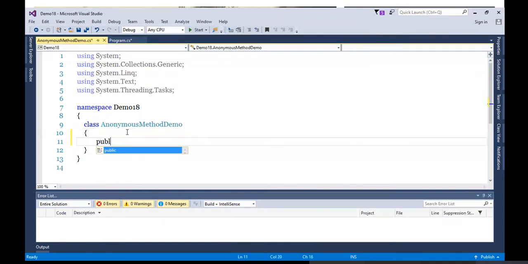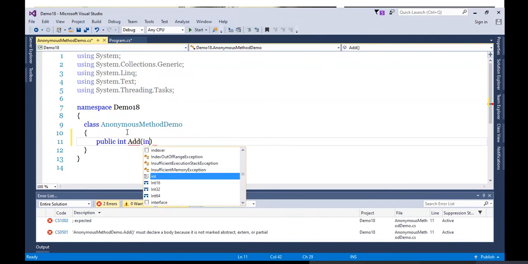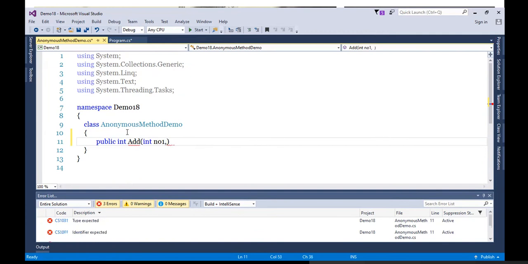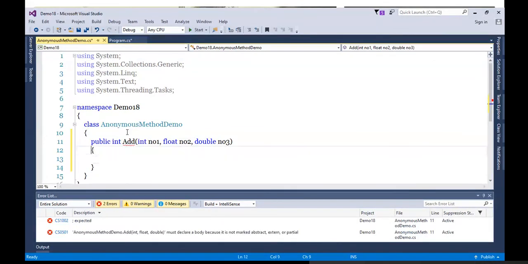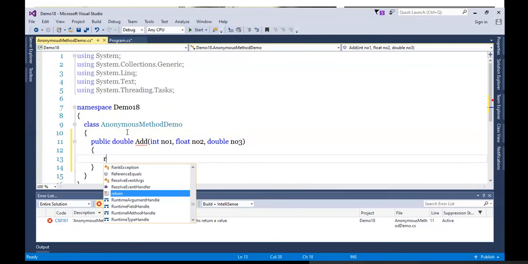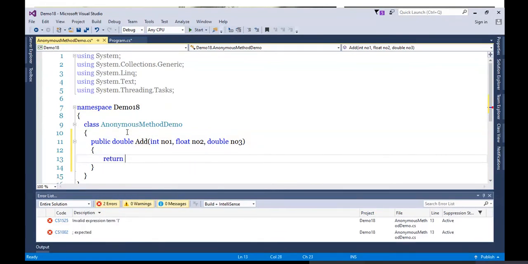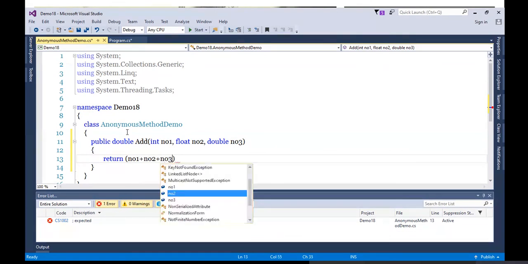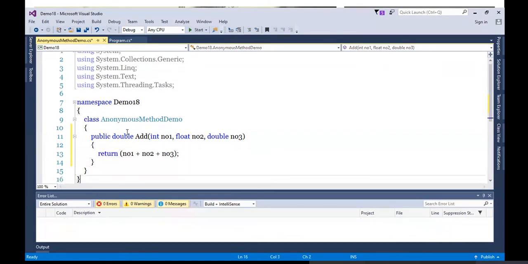I will write any method, for example, public double Add, with int number1, float number2, and double number3. Just for a change, I'm keeping the return type as double. So return number1 plus number2 plus number3. That's it. So this is my method.